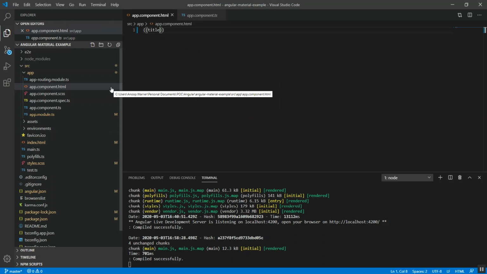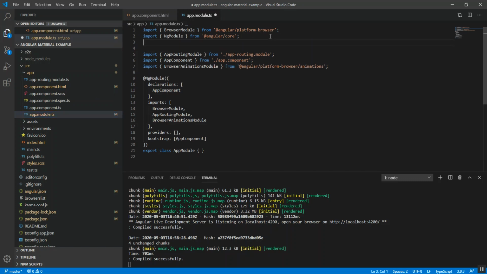Now what we need to do is import certain modules from Angular Material, because these components are part of several modules where they are declared. So to use a mat select or a mat input, we need to import the corresponding module. So let's look into that.